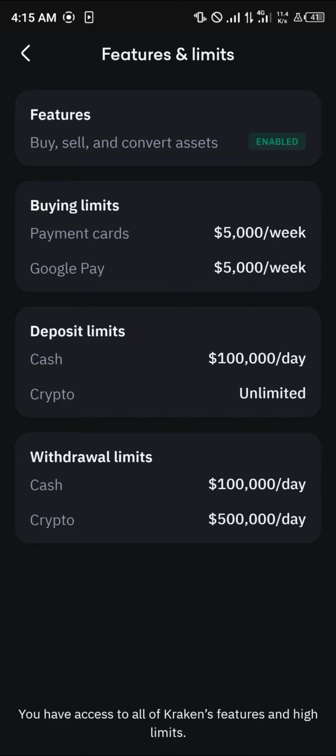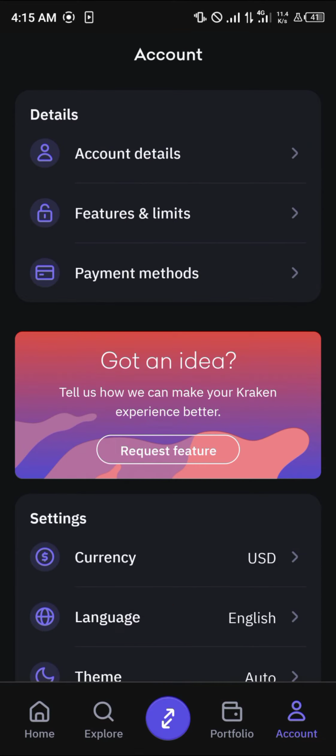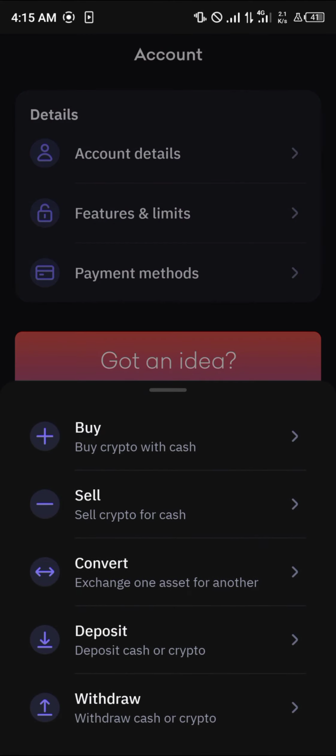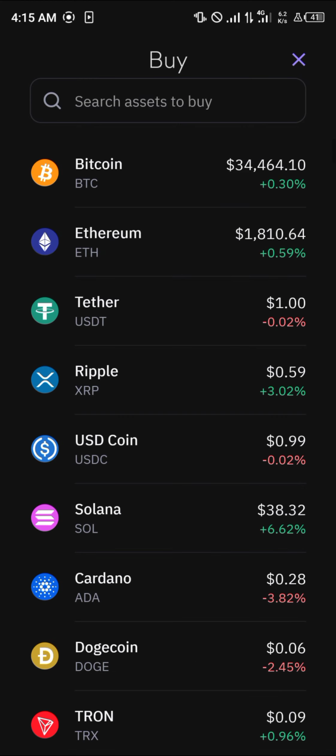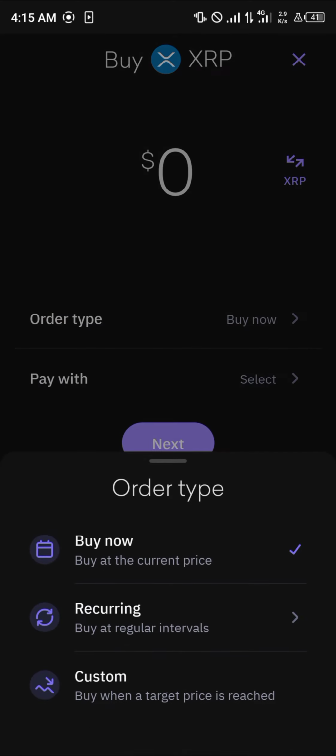So guys, once you've done that, once you've verified your account, head back and select the icon at the bottom of the screen. That's this straight icon here. Click on the buy crypto with cash. Select the Ripple. As you can see, it's already here. Select Ripple. Once you've selected Ripple,